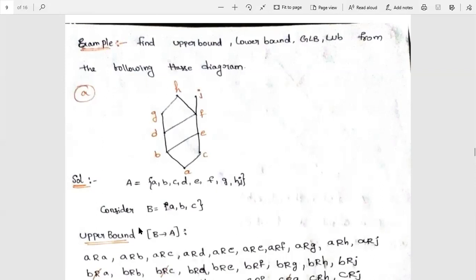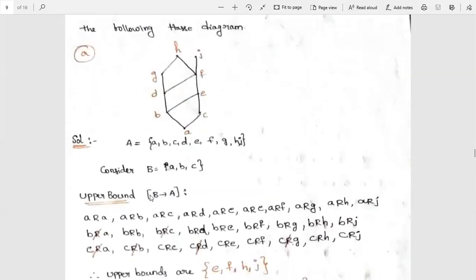So first, for this particular Hasse diagram, we have to find the upper bound. So what is the condition? We compare whether the elements of B are related to A or not. So the first element is A, and we compare A